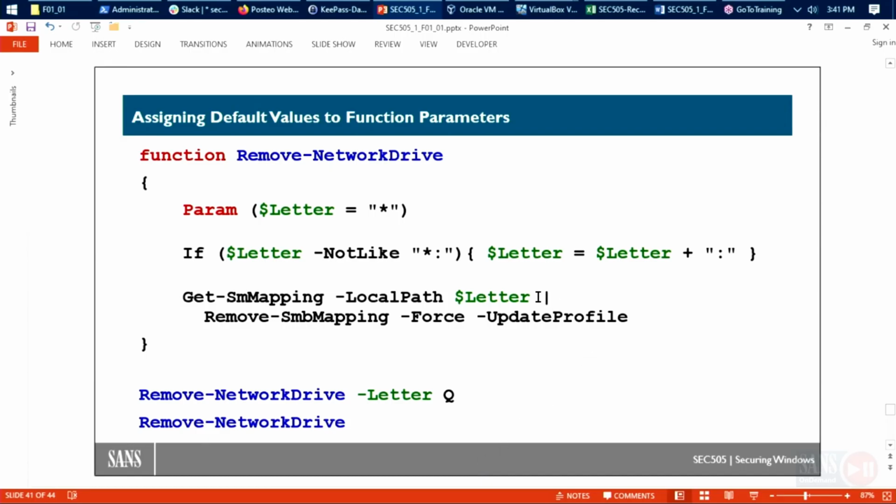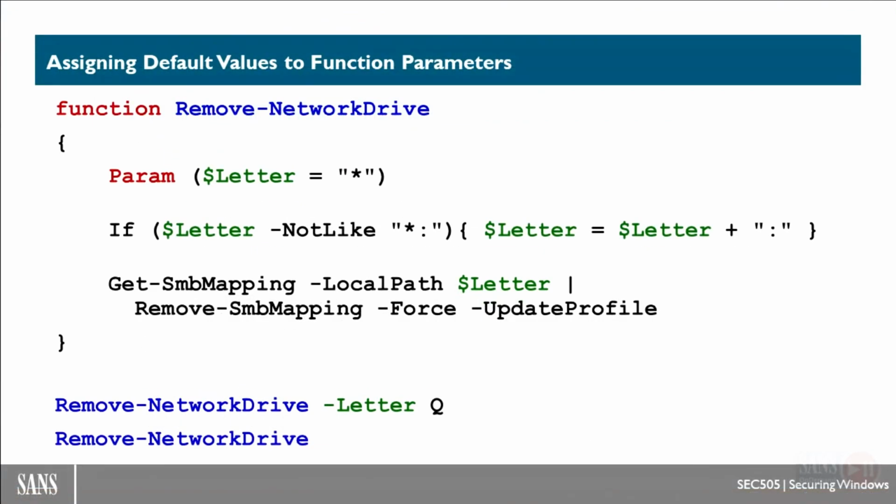So in either case, notice that the output of that command is either 0, 1, or many drive letter mapping objects. Now, down below, we have Remove-SmbMapping. Force means get rid of that drive letter mapping and don't prompt me to confirm. I'm using this in a function, maybe for a standalone or hands-free script or something. So in that case, I don't want it to ask me to confirm whether or not I want to get rid of it. I just want to get rid of it with none of the